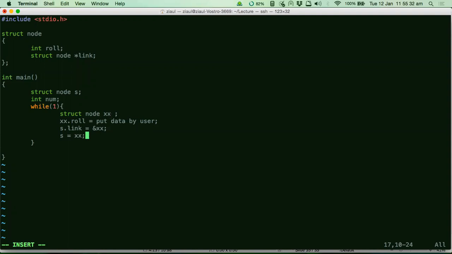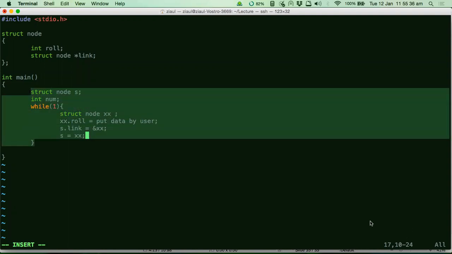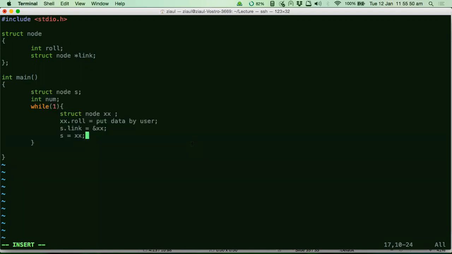Okay, sir. Got it. And this is not a complete code. I'm just giving it to you guys on the chat. Just try to complete it. It's the simplest way to write a linked list. You finish this code. Otherwise, I would have explained to you better if I would have time. But now I don't have time, right? So in this case also, always xx will map to s and the previous data will be destroyed.